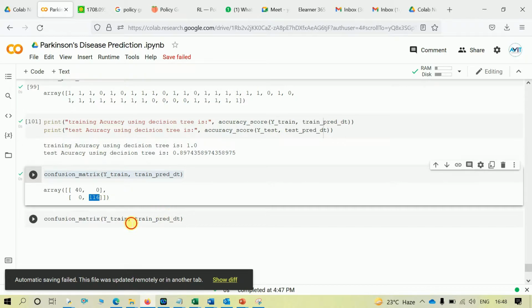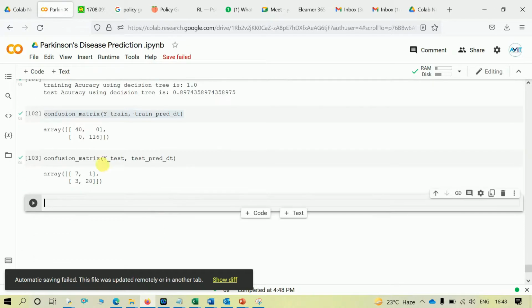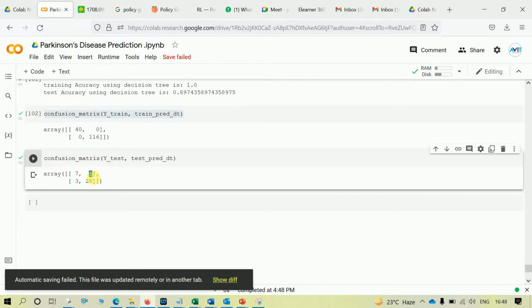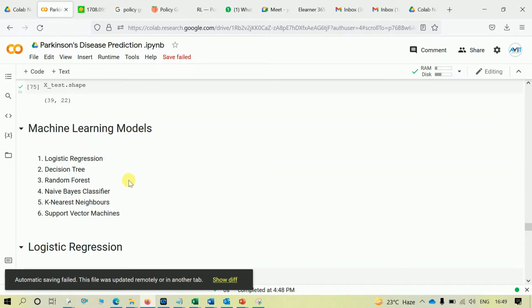So we have a good confusion matrix. So this is the best confusion matrix we can seek. So let's write y test, and here we will provide test prediction dt. So we have some values in false positives and false negatives. Still this score is better than logistic regression. Okay, now we will move on to the next algorithm, and that was random forest.